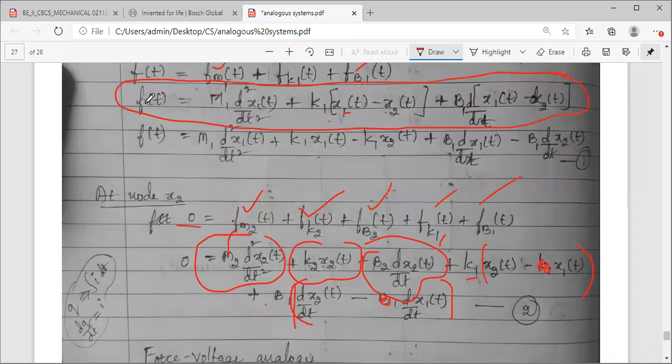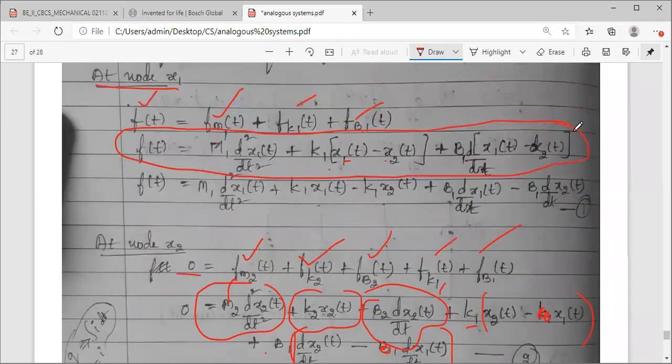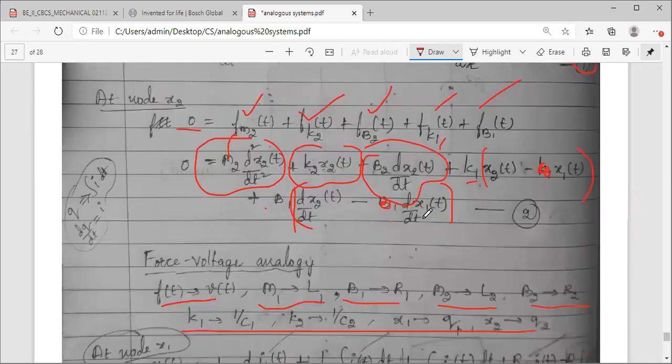Now coming to the first node. Whatever is circled in red, I have circled only. Because the more you expand, the more time it will take. It is better to keep common brackets, which will be easy for you. So at node x1, replace all the equivalent quantities: force, m1, k1, b1. Replace these. So the left hand side force will become V of t is equal to